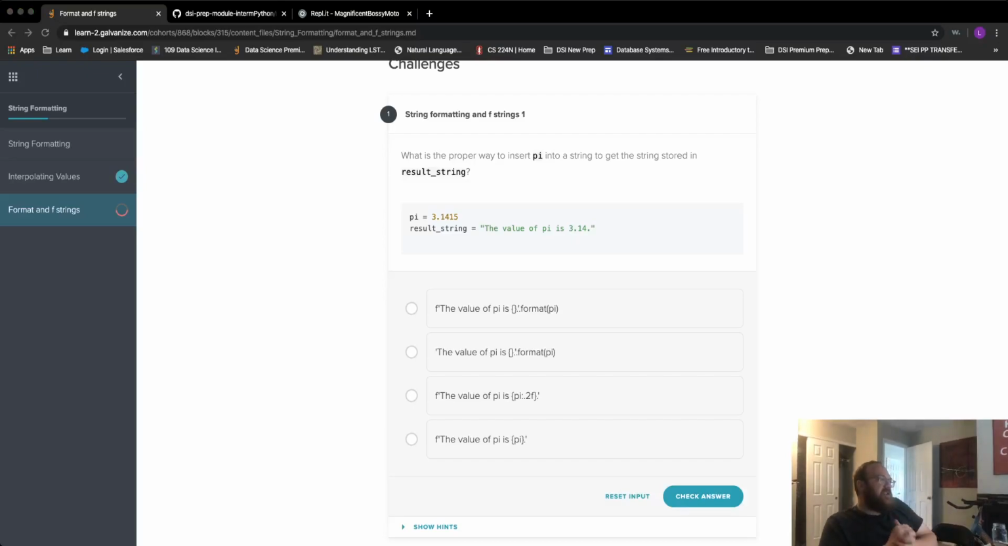Next up, we're looking at the challenges in the format and F strings. So it says, what's the proper way to insert pi into a string to get the string stored in result strings? Right, we want our string to say the value of pi is 3.14. So using an F string,